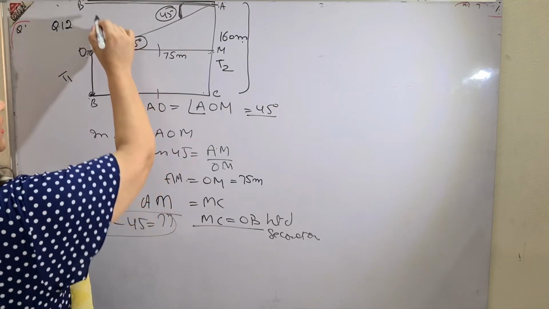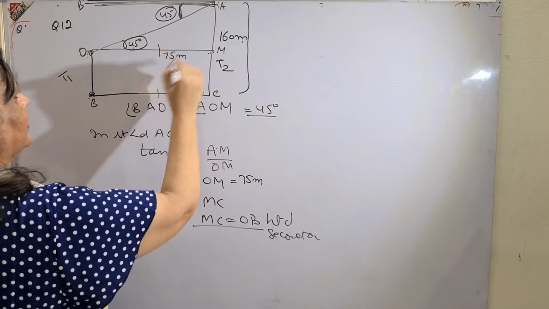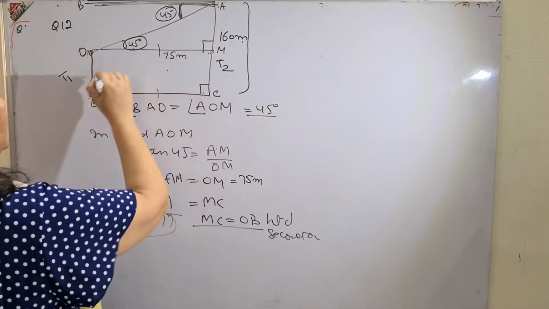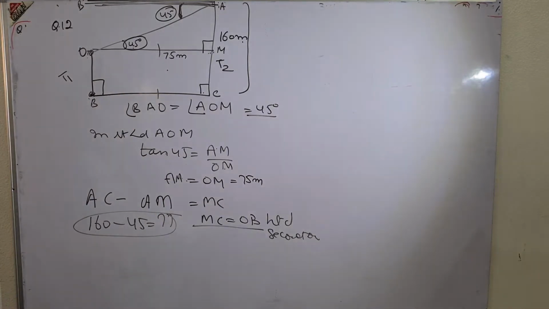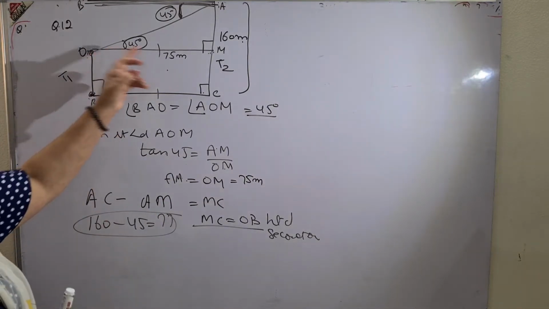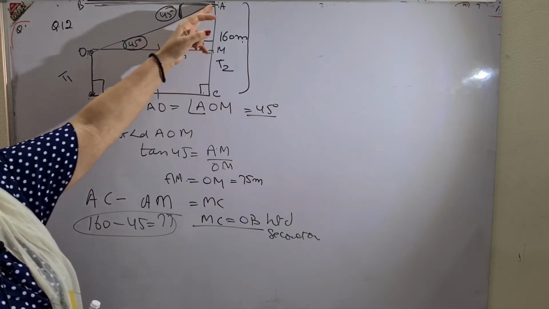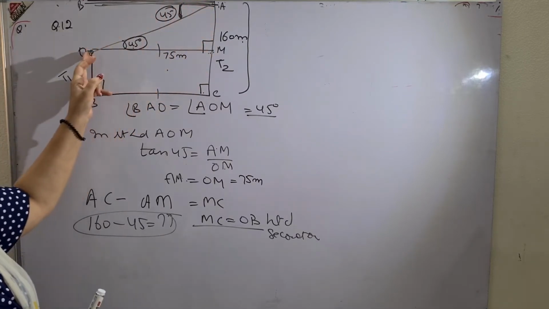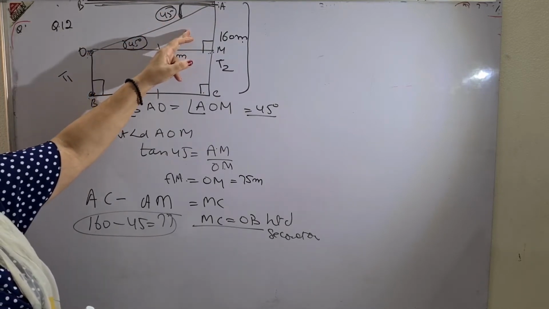So see how I have changed the language to the right angle triangle. These are all right angle triangles. I have told you before also these questions are possible only if the triangles are right angle. 75 meter was the distance between the two, and the angle of depression from the top of the second tower as seen to the top of the first tower was 45 degree. So depression is equal to elevation. I took the right angle triangle.